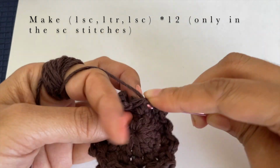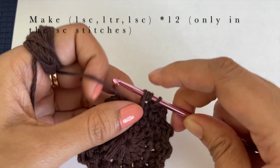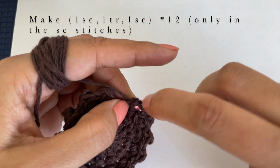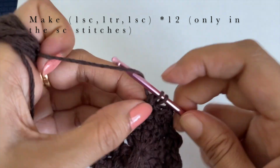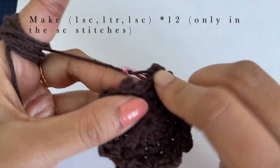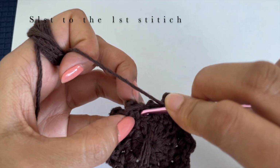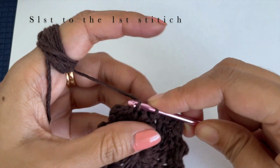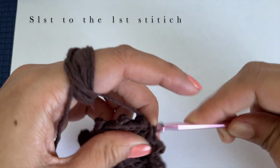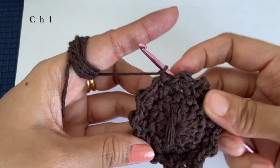Here we have reached the end of this round, and this is the last stitch where we are going to make 1 single crochet followed by 1 treble crochet followed by 1 more single crochet. After this we are going to slip stitch to the first stitch. Our first stitch was 1 single crochet, so we are going to chain 1 here again,